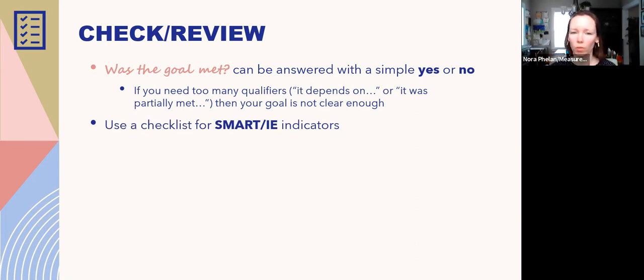Using the checklist for the SMART or SMARTY indicators, as I listed before, you could have a simple spreadsheet, have your goals down the side and the SMART across the top, and really just go through and check, deliberately think about each one of them for each goal. It wouldn't take very long, but kind of a useful